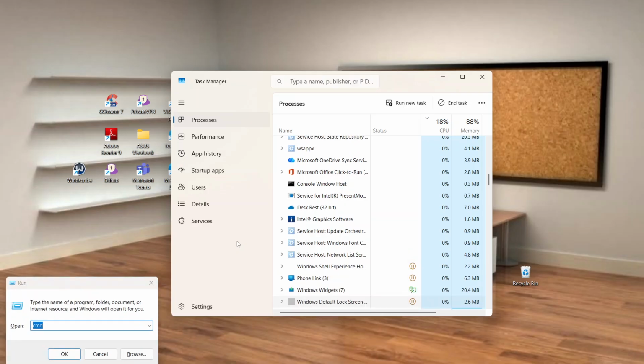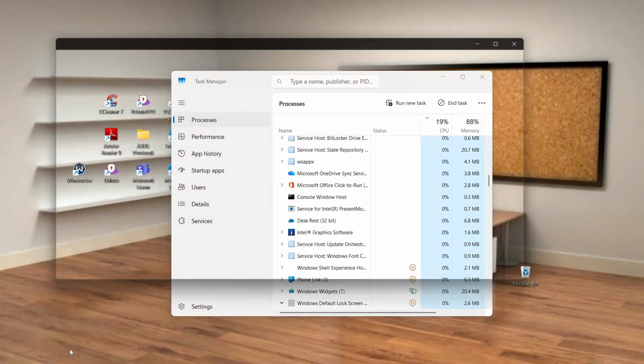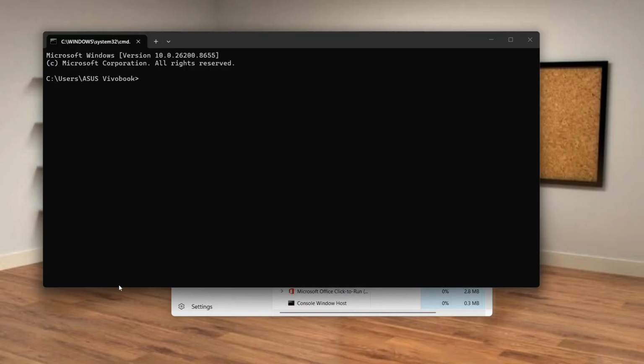Now it's time to run a series of commands that will help in rebuilding the cache. Enter each command one at a time. Start with taskkill /f /im explorer.exe. This command stops the Explorer process, allowing us to delete the cache files without any interruptions. Next, type in